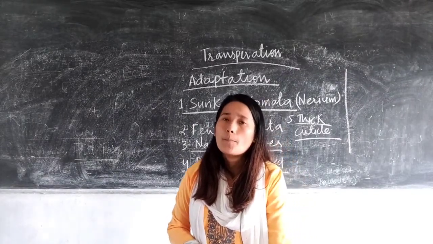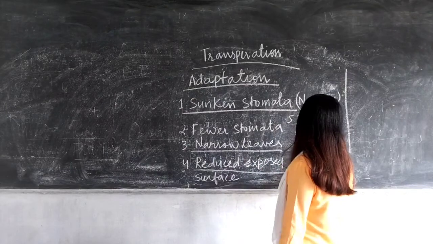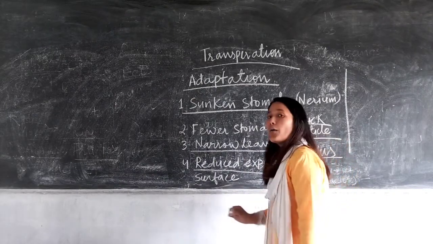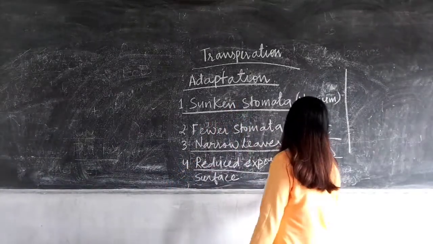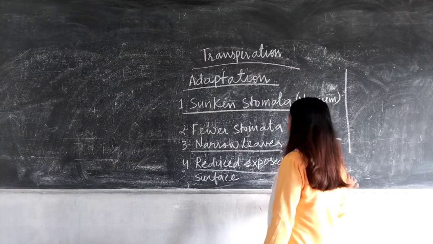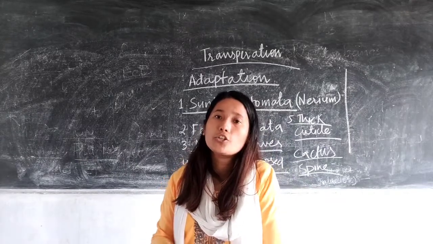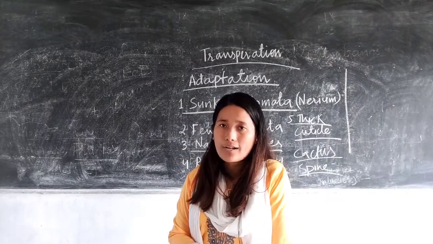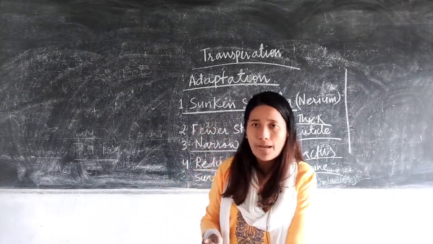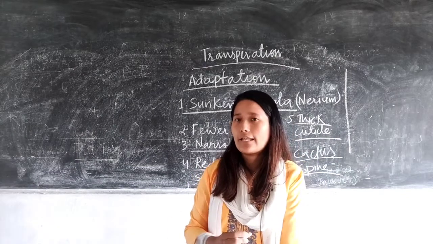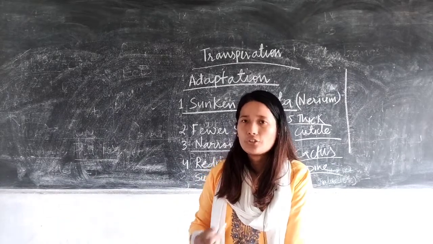Now in some of the plants which are present in desert areas, like cactus, the leaves of these plants are modified into a thorn-like structure, which is referred to as spine. Those thorny structures are actually the modified leaves. In order to reduce the loss of water, the leaves themselves get modified into this thorn-like structure called spine, because desert means less amount of water around, right. So in order to avoid that, the leaves are modified into this thorn-like structure.